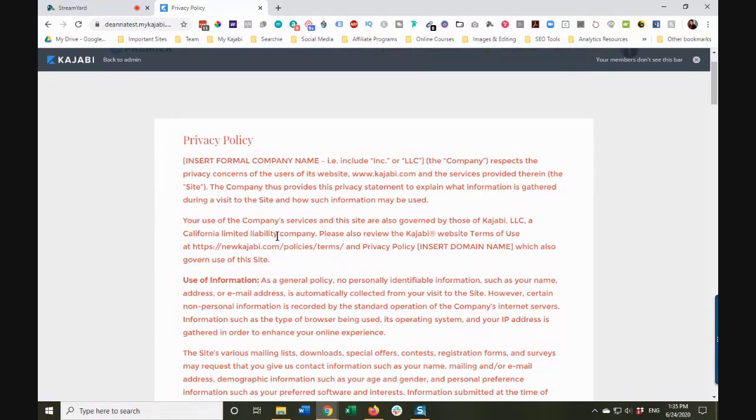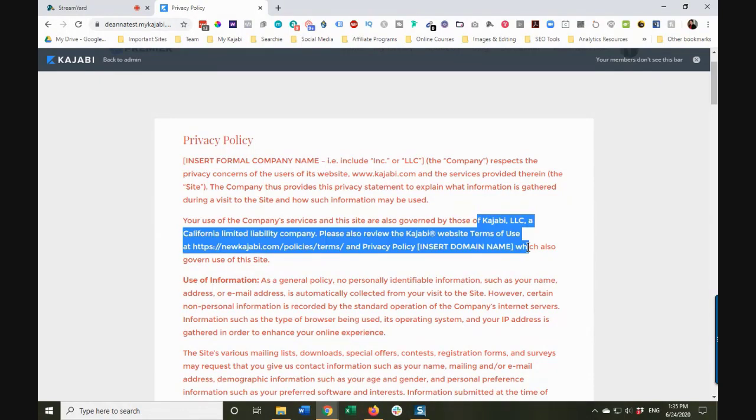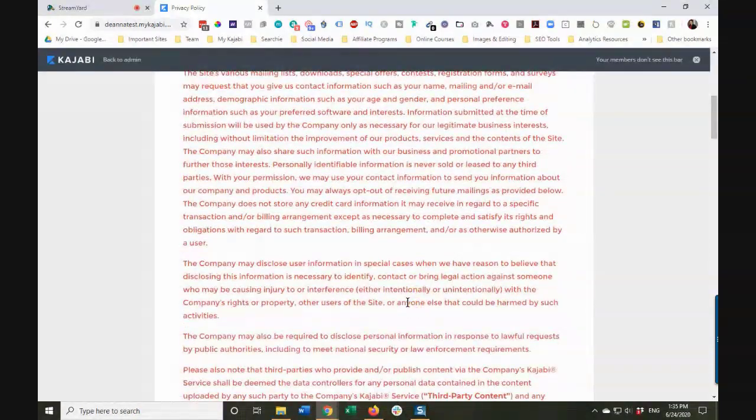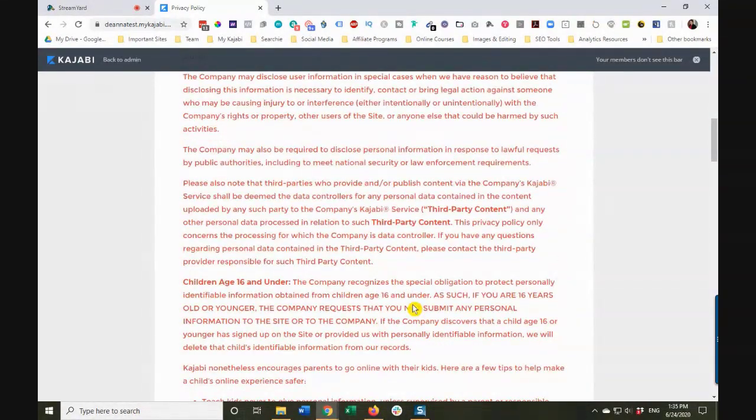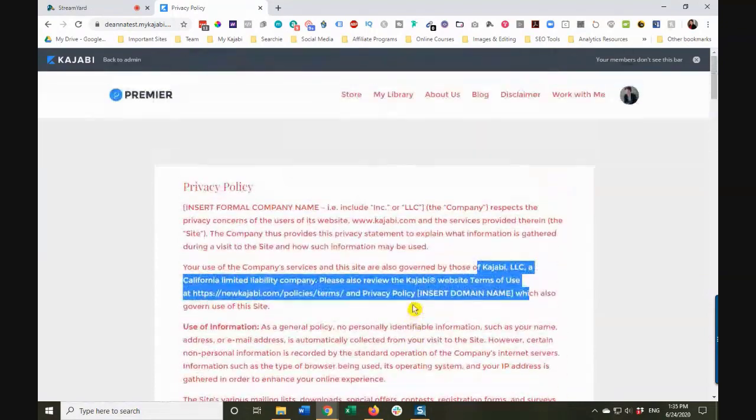What is most important to know about this is Kajabi has simply given you some placeholder text. This content that is in here, as you can see, is referencing Kajabi, including their domain and basically their privacy policy. This may not be relevant for your business.